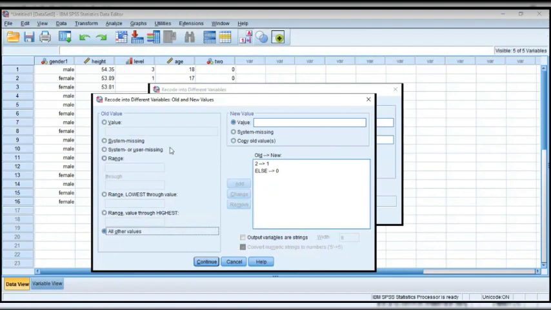Okay. Two should give me one. All other ones zero.